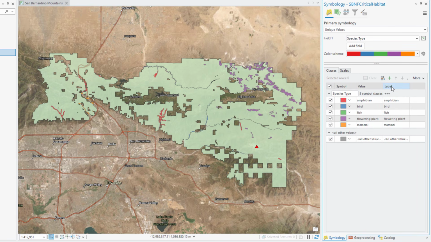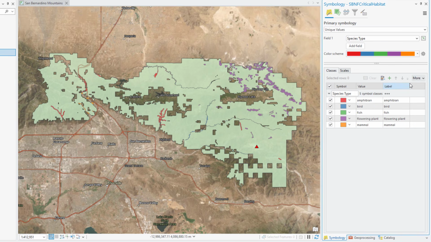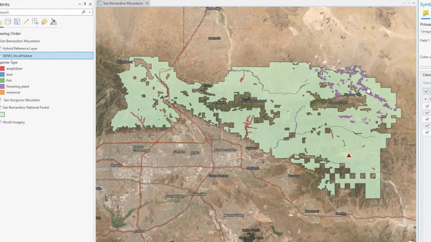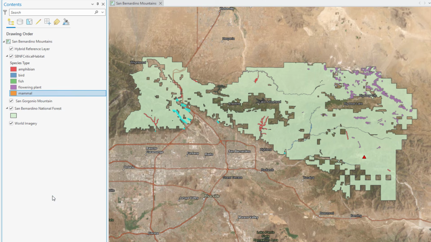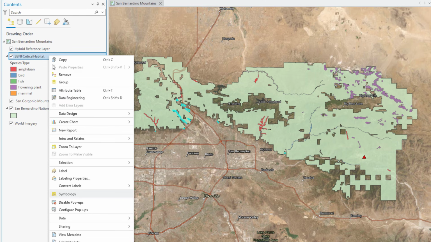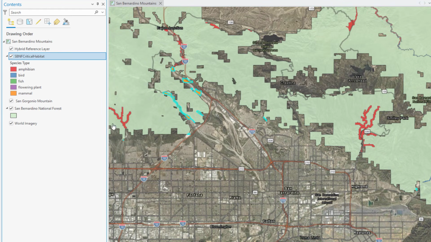In the Symbology pane on the Classes tab, click More and uncheck Include All Other Values to remove the gray All Other Values symbol. Back in the Contents pane, right-click the Mammal Symbol class and click Select Features in this class to highlight them on the map. Right-click the layer, click Selection, and click Zoom to Selection to zoom to the extent of the Mammal Symbol class